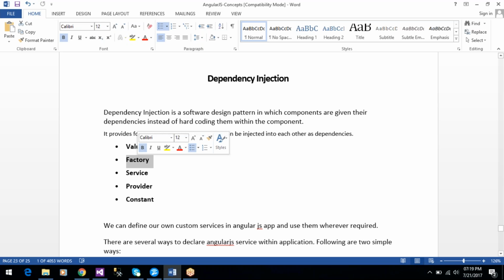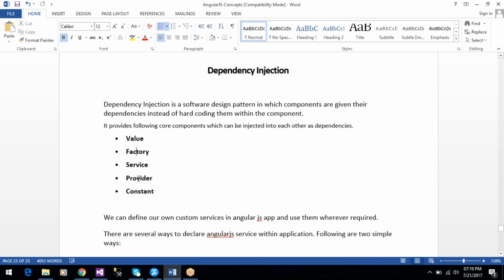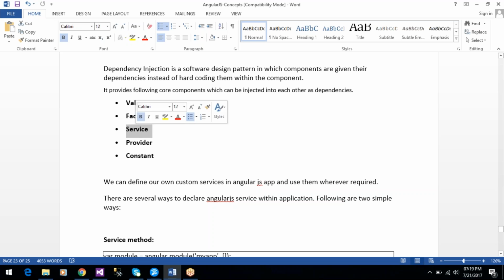A factory is a function. The task of the factory is to return a value. This factory returns values to the controllers or services, and the service is used to